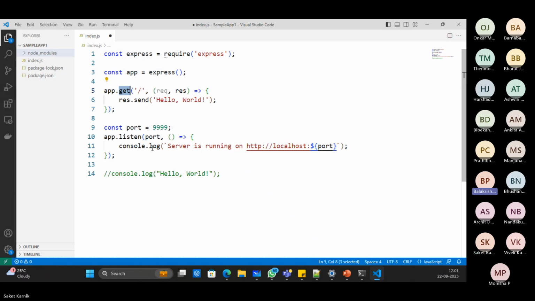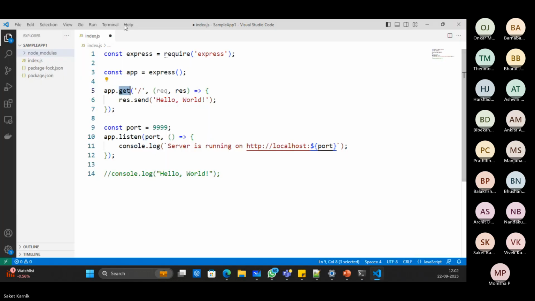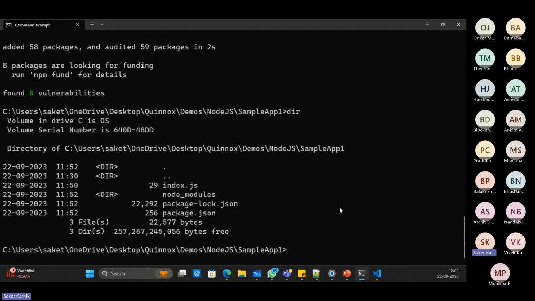Understood? I missed a bit. Yeah, this I understood. Sorry, I missed in between. This node_modules folder has been generated the moment we installed the Express package, right? Yes. Which we did using this command, npm install express. Okay. Thank you. So automatically node_modules comes in, right? Yeah. Save this, and then go back to the command line and say node